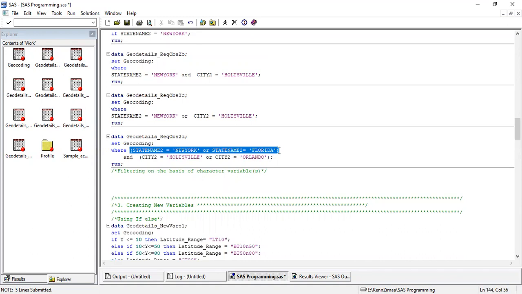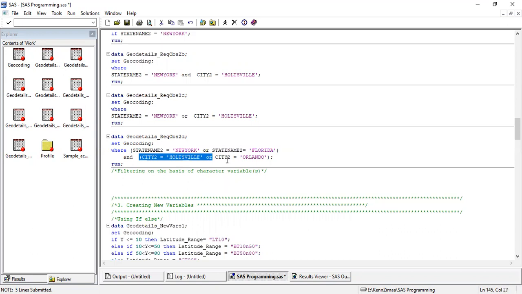Actually this is not one condition, this is two conditions: state name equal to New York or state name equal to Florida. Basically I am taking the data for states New York or Florida. So state name can be New York, can be Florida, so I separate it by an OR operator. So this is one combined statement.